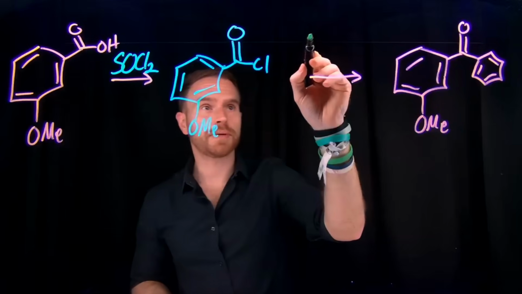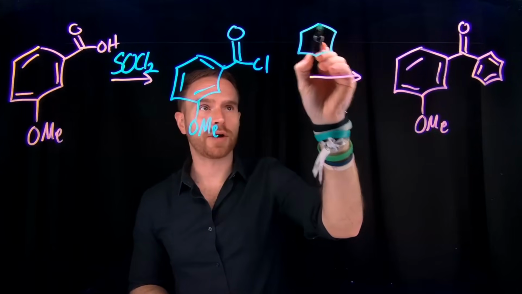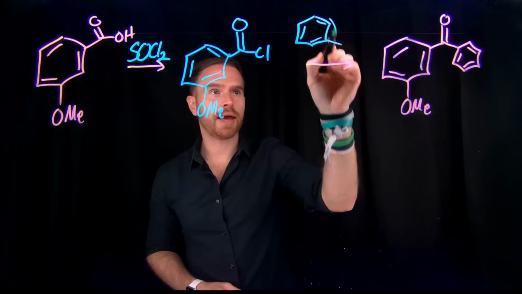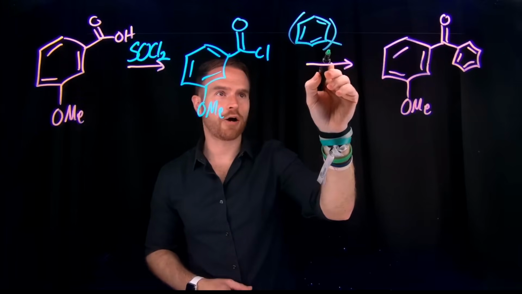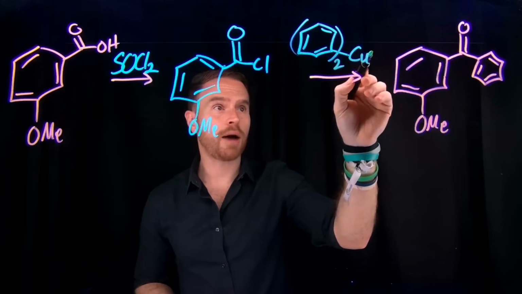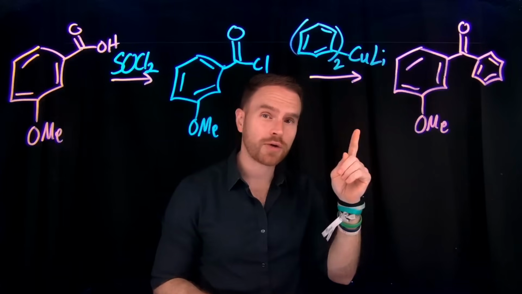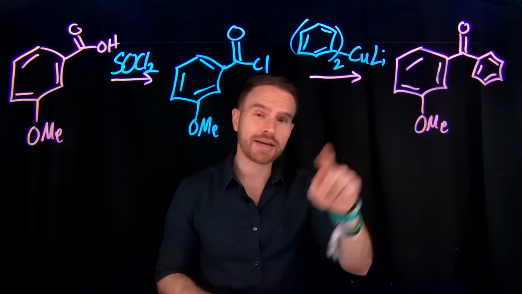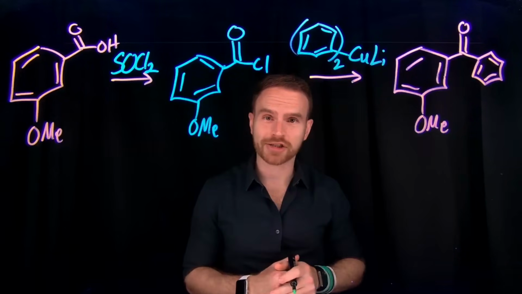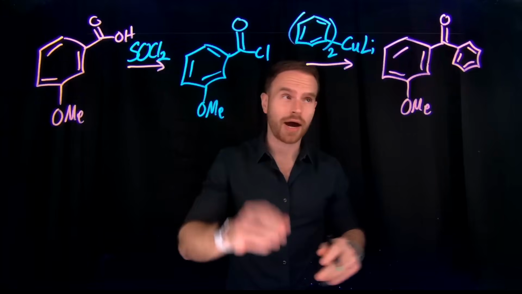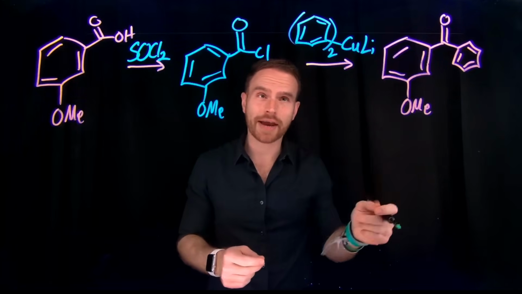And this is going to be where we have our benzene ring attached to carbon, and typically it's 2 of those R groups attached to a copper lithium group. And this is what's known as a Gilman reagent. And I have a whole video here that you can check out specifically about these types of organometallic reactions. But this is how you turn acid chlorides into ketones by adding on that R group, which in our case